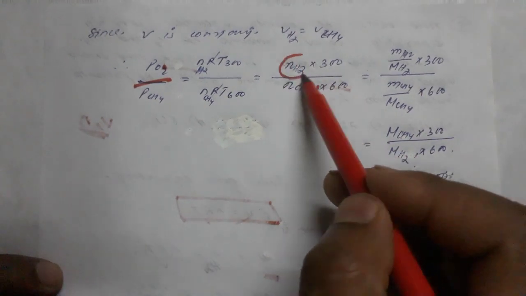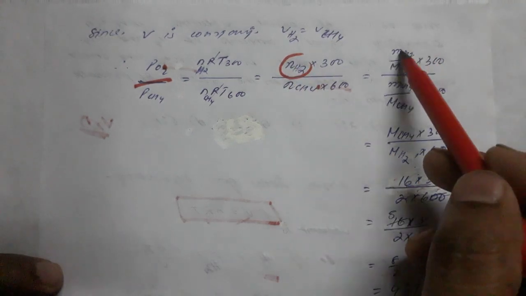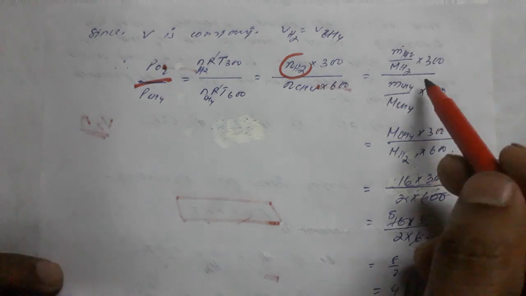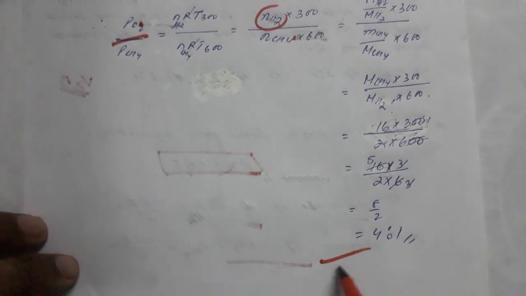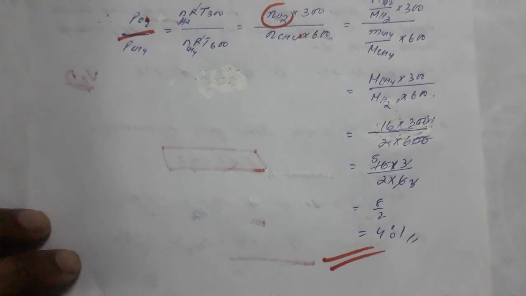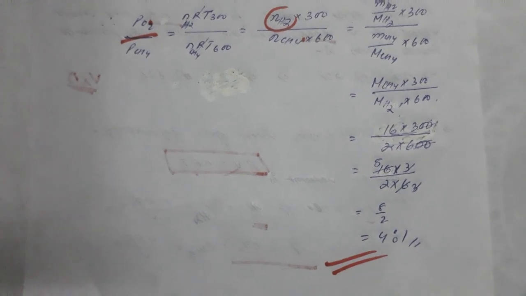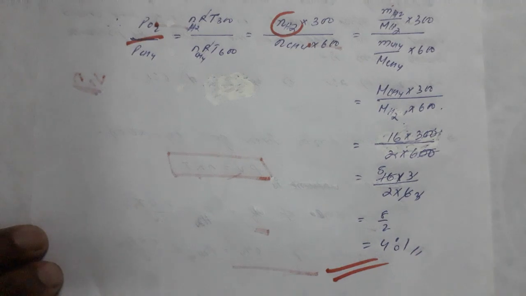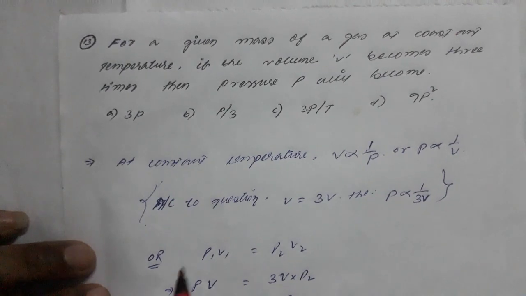Now if we calculate the mole of H2 and CH4, so we just have given mass divided by molar mass. So if you go through the calculation, then you will have the value definitely as 4:1. Okay guys, this is the interesting question one, but the tricky one, right? Simple but tricky.